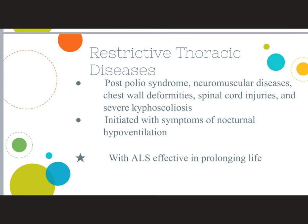non-invasive ventilation at night. So even in the hospital, if you have a patient who comes in and they have a neuromuscular disease, most of the time they are going to require a BiPAP at night. Some hospitals will let patients bring their machines from home, and some will require that they use the facility's machines. So with ALS,